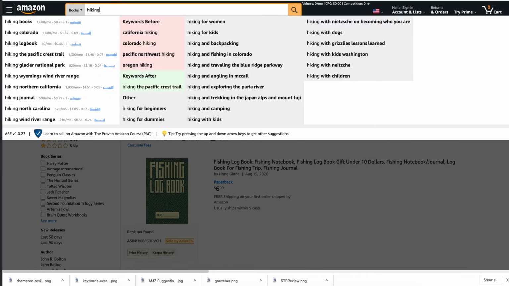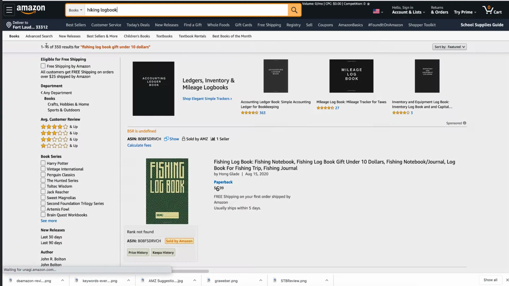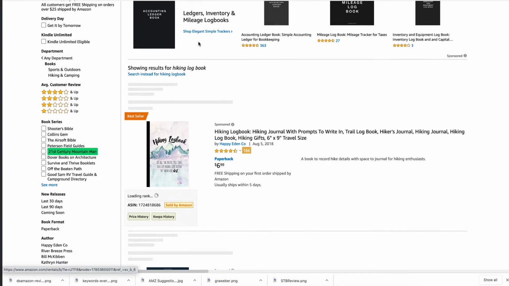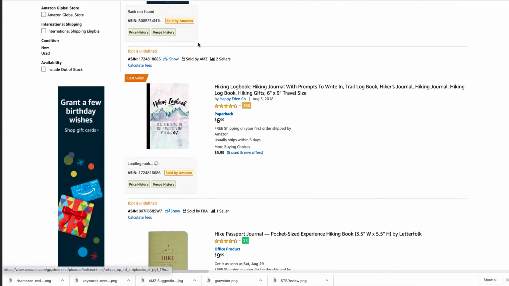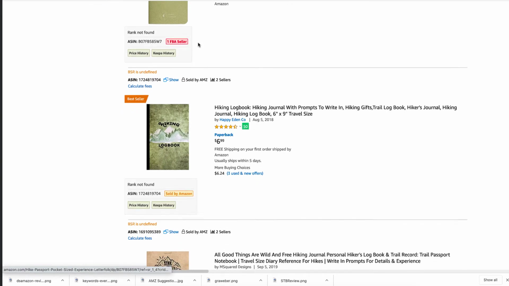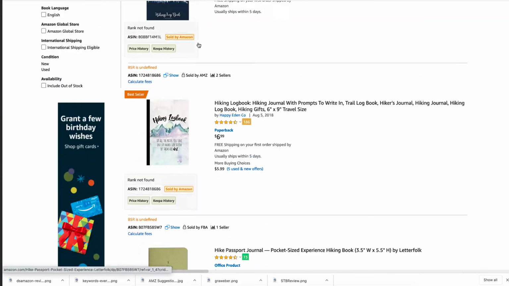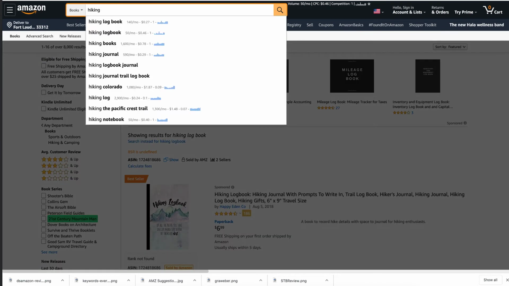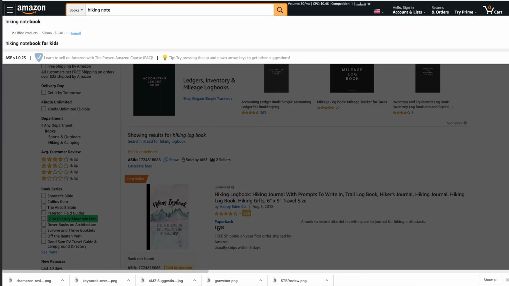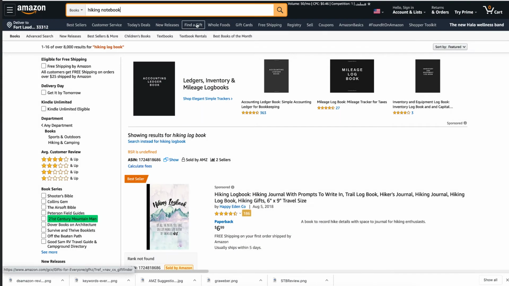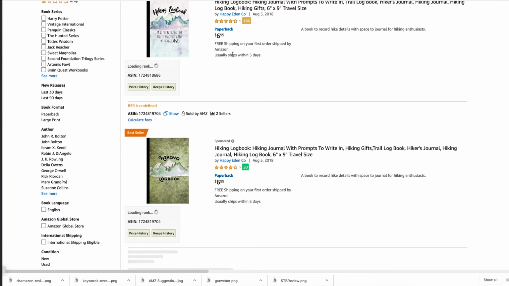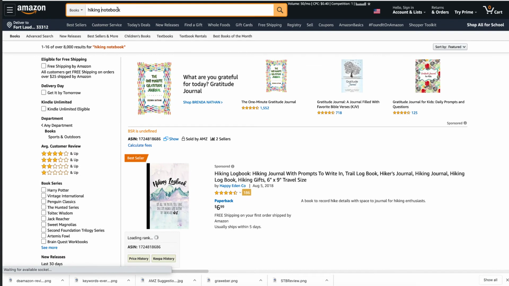So let's go into Amazon and we can do hiking. So there's hiking books, hiking logbook. Here we go. Let's see. So over 8,000 hiking logbooks. Are they all hiking? So there's a lot there. There's a lot to compete. So let's see if just hiking notebooks are better. Hiking notebook. Let's see. Hiking logbook